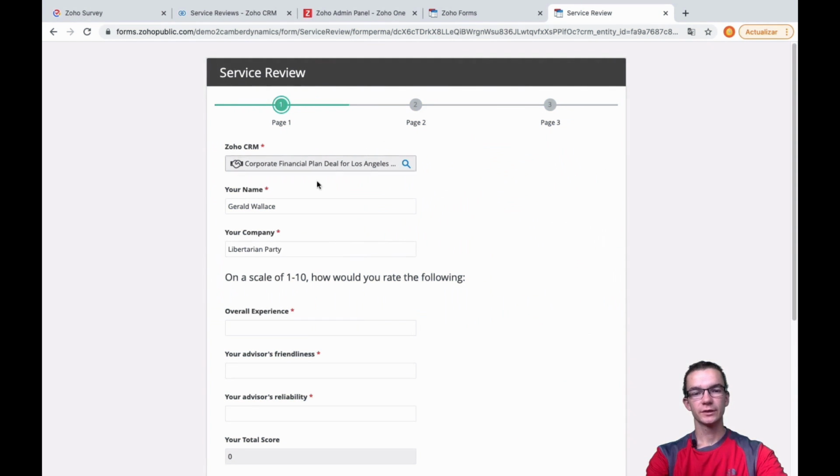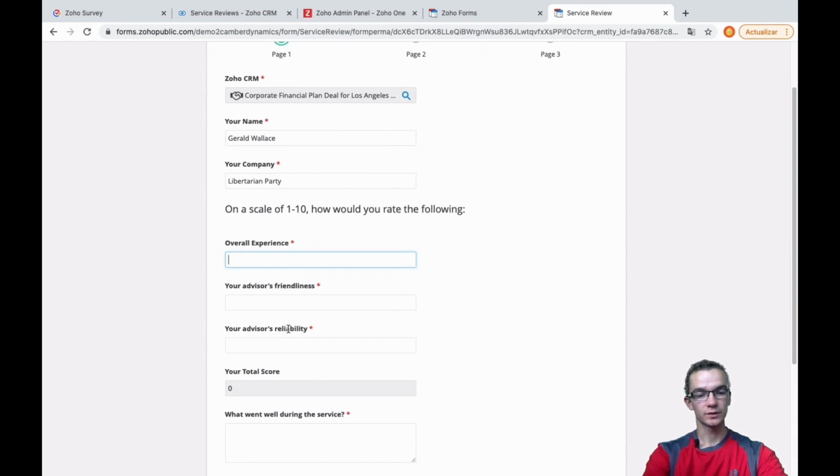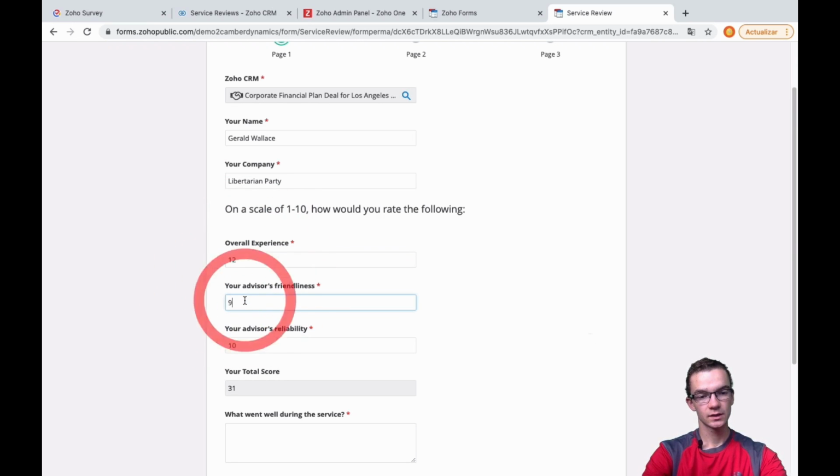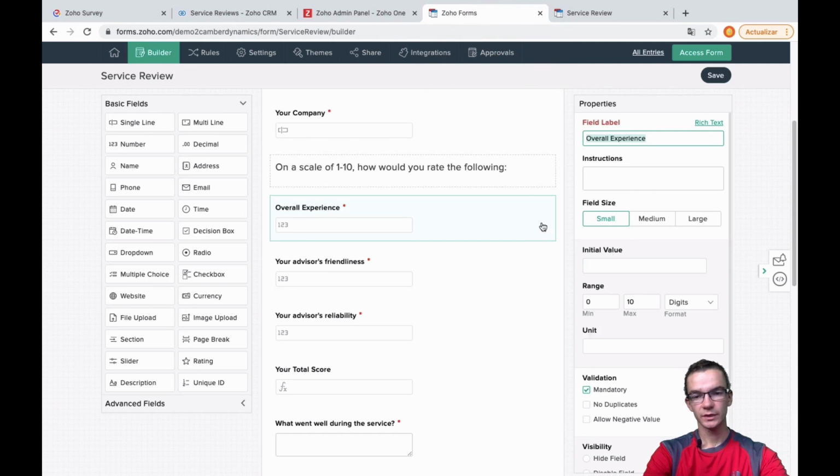So now that we've integrated our form, let's go ahead and fill this out for Gerald Wallace, who was quite the player back in the day. He's also really impressed with Affluence Financial's performance. He's going to be really well off with all the advice from these guys. Let's test this out, make sure it doesn't let us. Actually, it looks like it does. Oh, and this is the formula field I forgot we created before. It's actually letting us put in a value higher than 10. So we'd better,